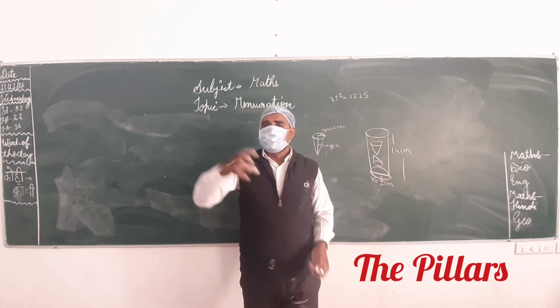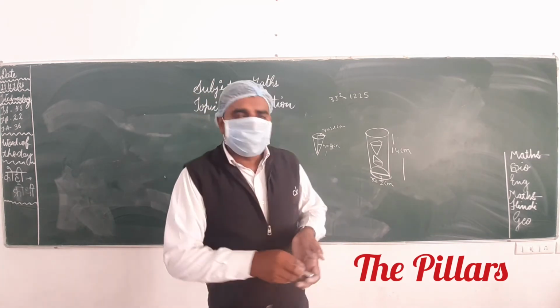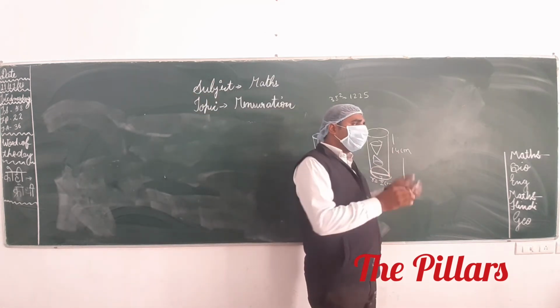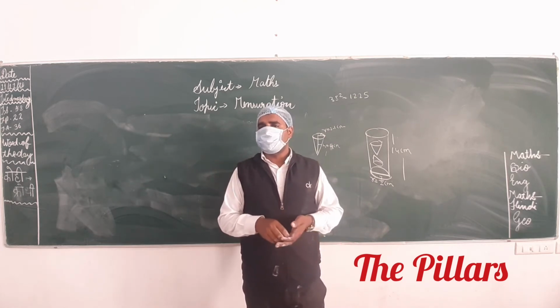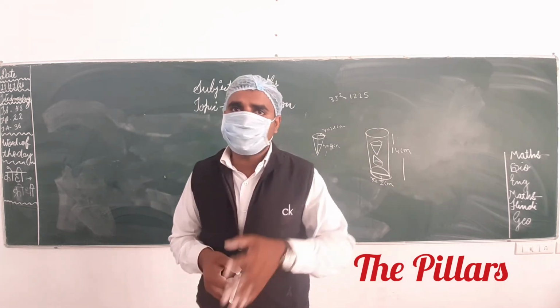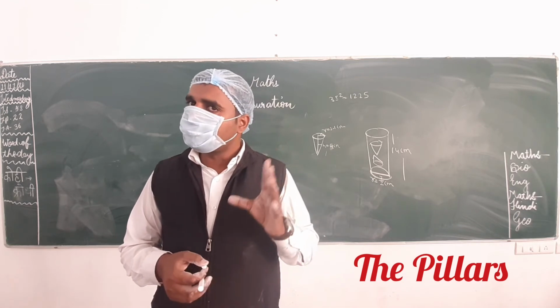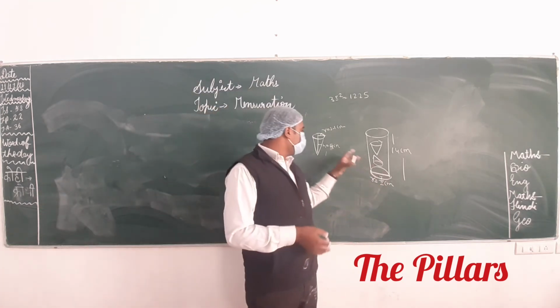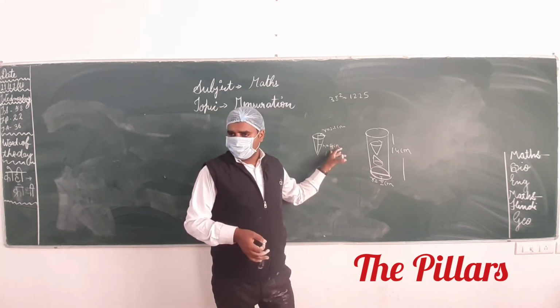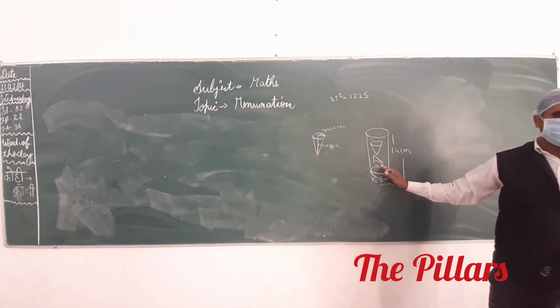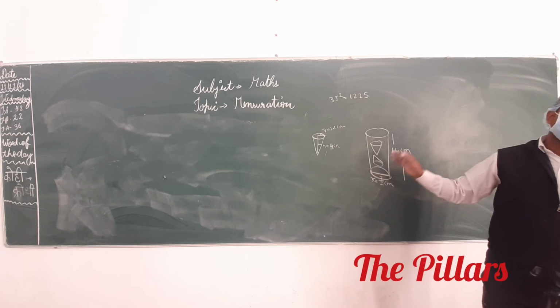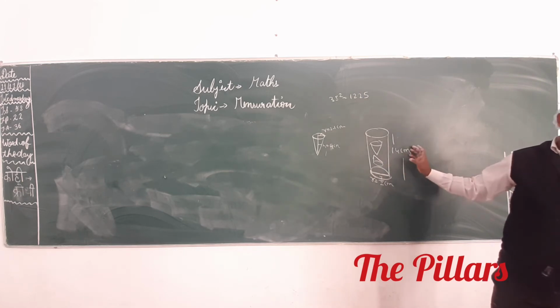It means if from the cylindrical volume we have to remove this volume, we have to find the remaining part's volume. The question is, what is the remaining part's volume? First we calculate the total volume of the solid cylinder. After that we calculate one cone's volume. Both cones have the same height and the same radius, so multiply by 2 and subtract from the volume of the cylinder.